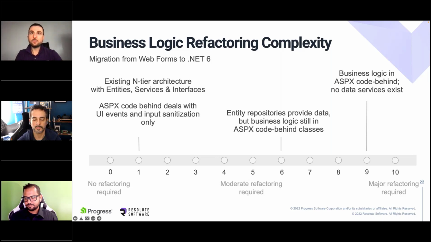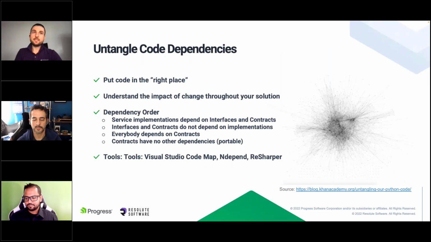All right. So code dependencies, I think, are also a very important aspect here. We have to put the code in the right place and understand the impact of change through the solution. This is the typical concept of coupled architectures. You want to make sure your dependencies in your system are manageable. You understand them very well. By all means, avoid circular dependencies. You don't want 2 modules depending on each other and creating a circular reference.